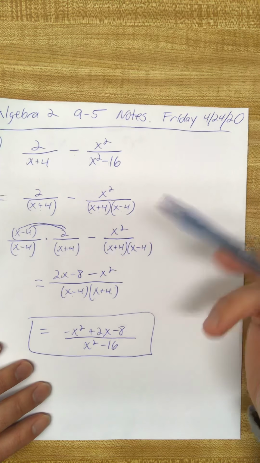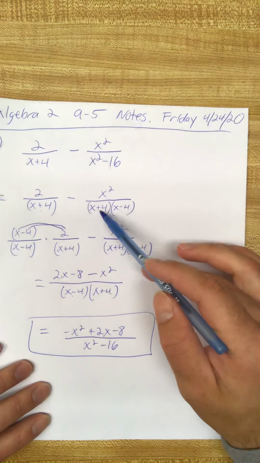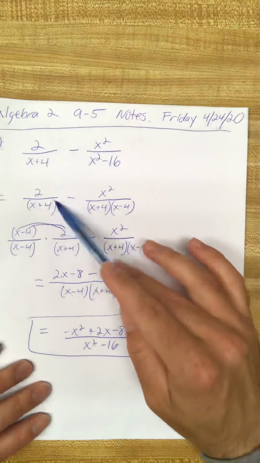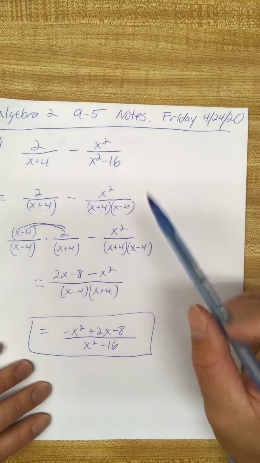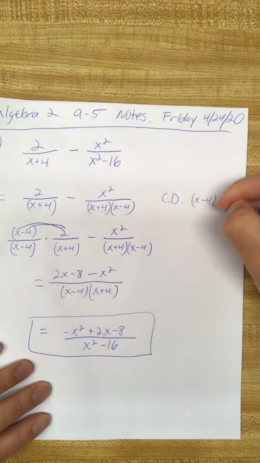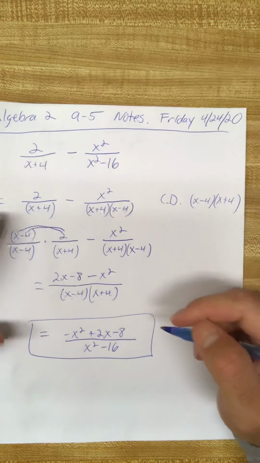All right, so again, when you factor the denominator into 2 binomials, you're thinking along the lines of, okay, what am I missing in each denominator? And this one has an x plus 4, x minus 4. This one just has an x plus 4. So we need to give this denominator an x minus 4. So again, that common denominator is x minus 4 times x plus 4. All right. So next up then,